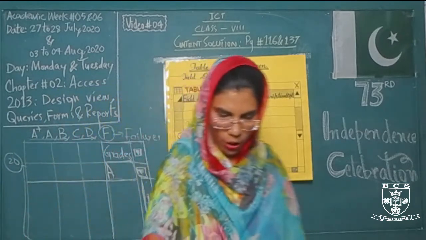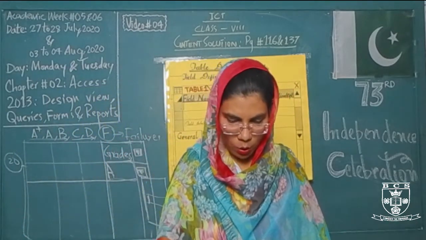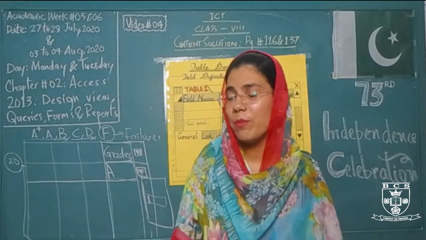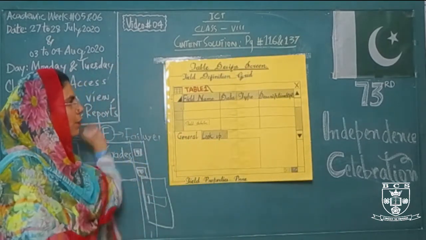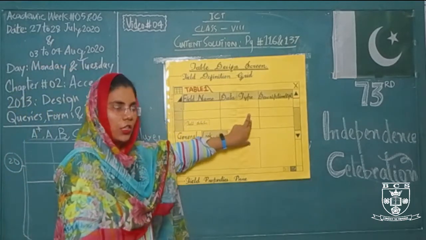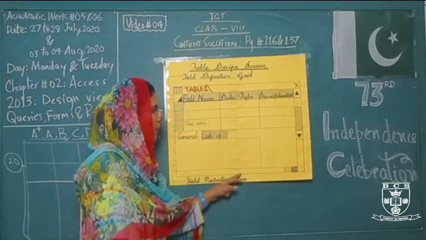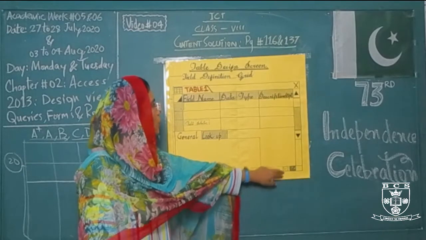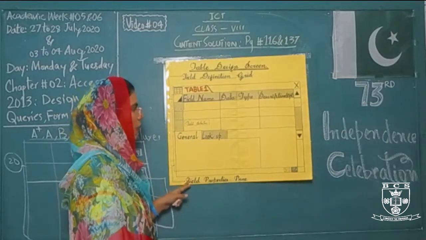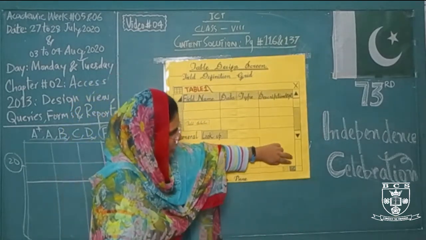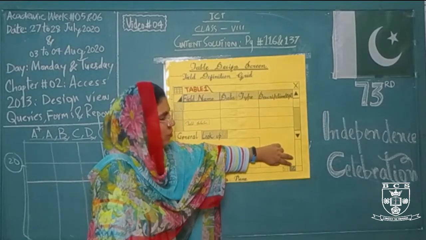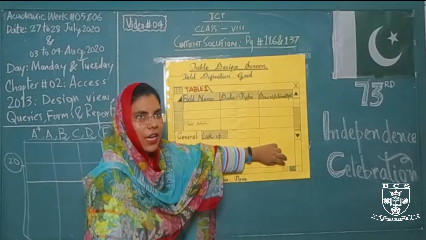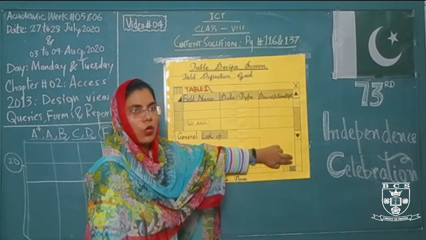So this is all about your lookup field, how we set up the lookup field and what a lookup field is. The lookup field makes it easier to enter data in any design view or datasheet view table. And as you can see in this diagram or sheet that I have drawn, this section is highlighted, and this highlighted section is representing your design view, and this is your datasheet view. This is not highlighted, so it simply means that we are working in the design view.